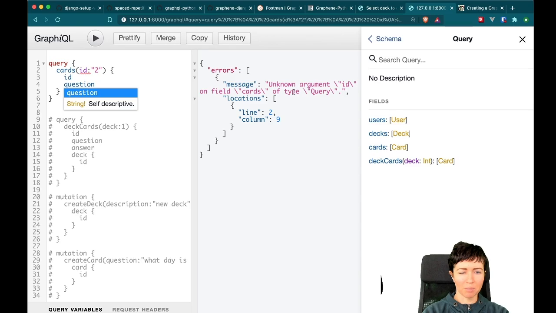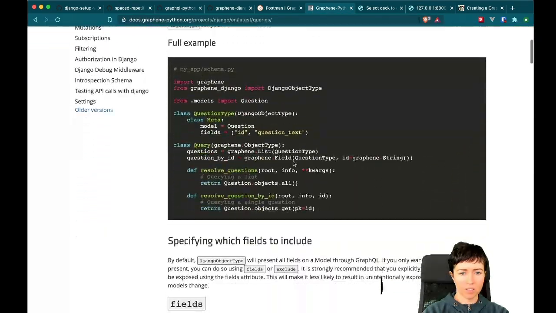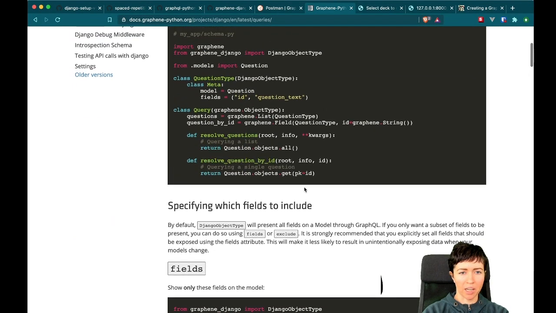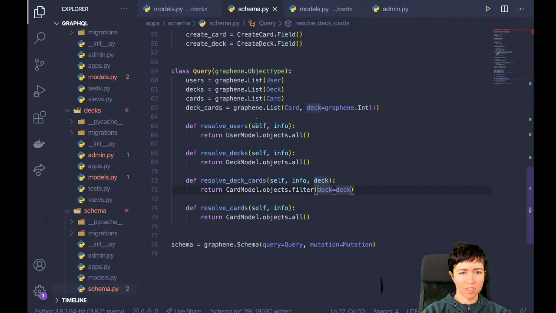Okay, unknown argument ID. Yeah, and I think that's because I need to set up the resolve question by ID. So I thought maybe it was going to set that up by default for me, but it doesn't. So I basically need this. So let me get,